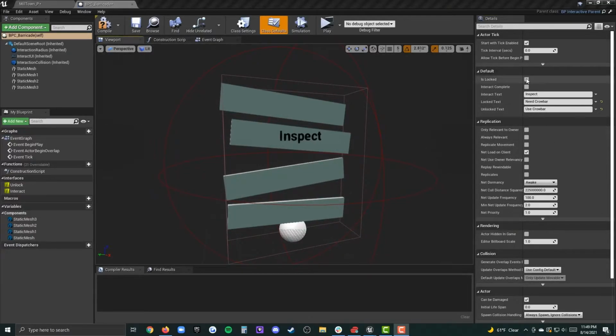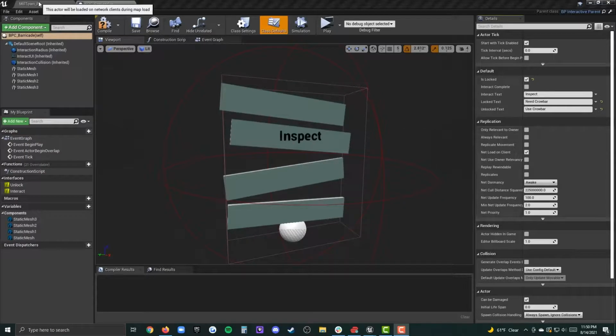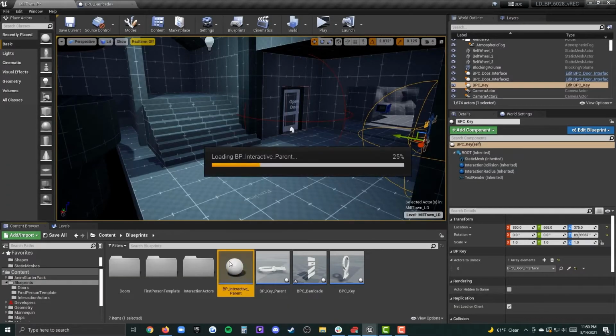We also want to set is locked to true by default because essentially you can't open these boards. They're nailed hard to the wall until you find the crowbar. So they're essentially the same as being locked. So if we take a moment and look at our BP interactive parent again,